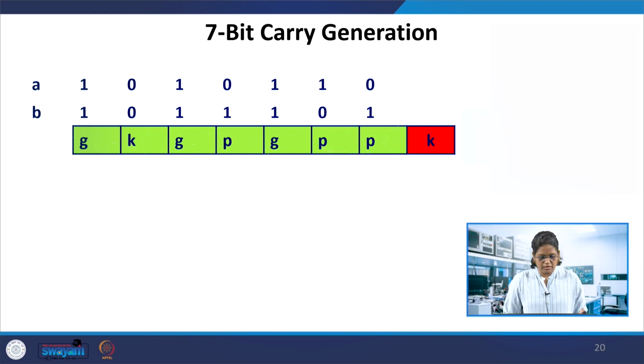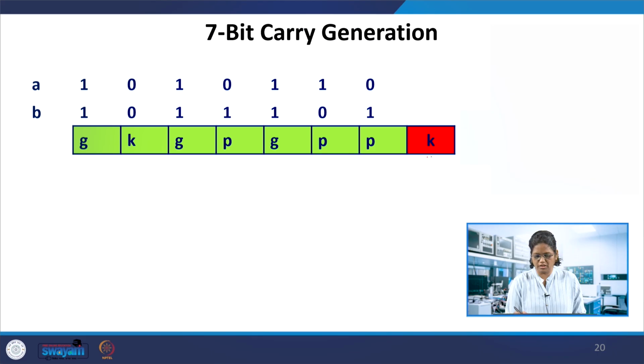So let's see that. Suppose the same numbers we had taken, 0 1 1 0 1 1 1 0 1 1 0 0 1 1. The first stage is how we are going to use this recursive doubling technique in the prefix computation of carry. So the case here is that A and B are different. These two are different and this is same, and here different, and then this is same, and these two are same, and this is same. So you can see this, and the carry will be generated here.